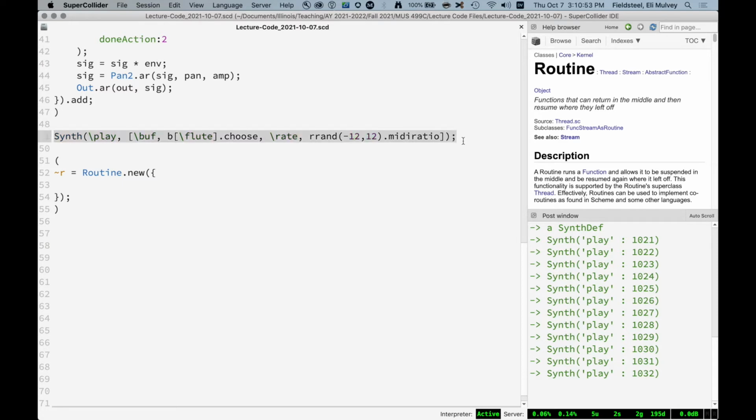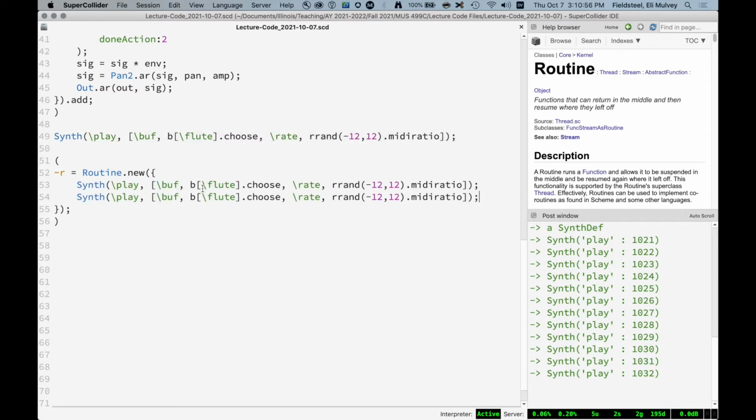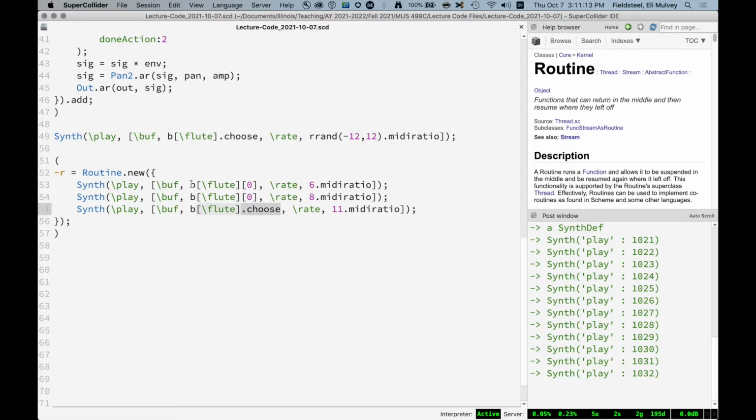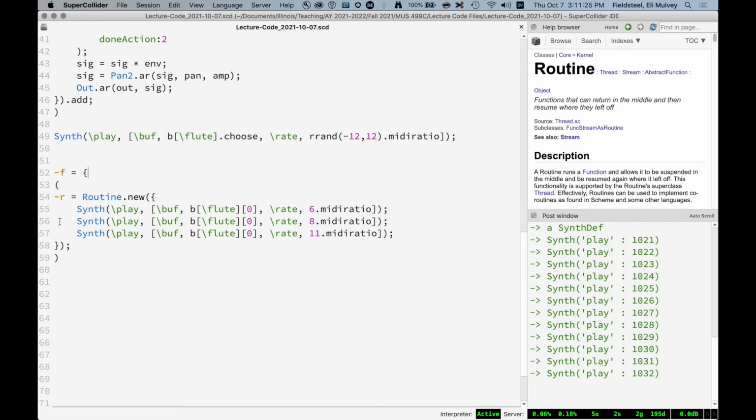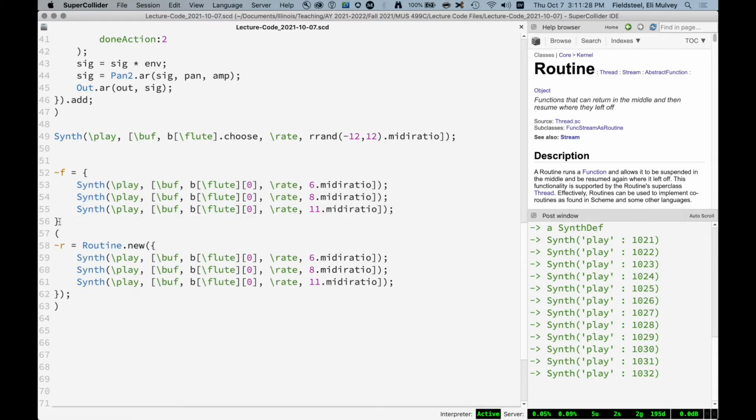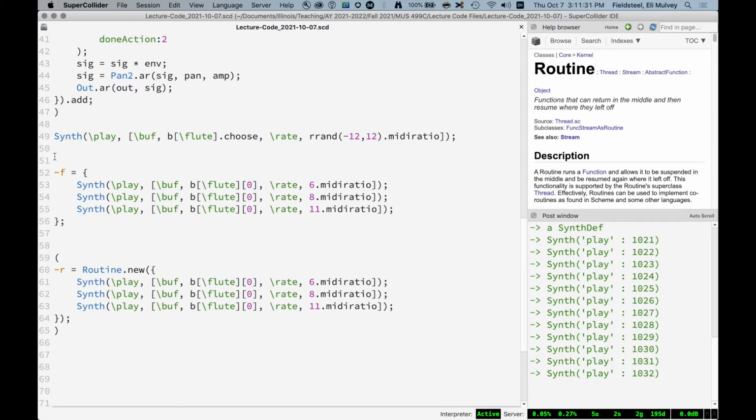And what we'll do is take this synth and put it in here 3 times, and we'll say 6, 8, 11. And we'll just take the zeroth buffer within the flute subfolder. All right, so this is basically roughly the same as a function, which does the same thing. Here's a function. Let's put it in parentheses here. And if we evaluate this function,